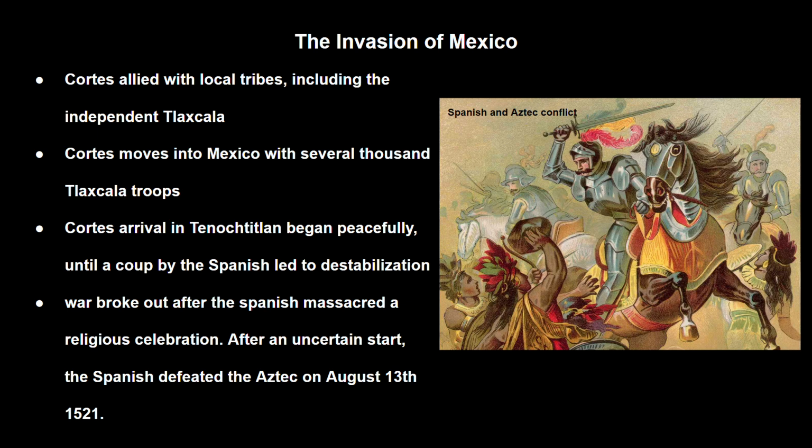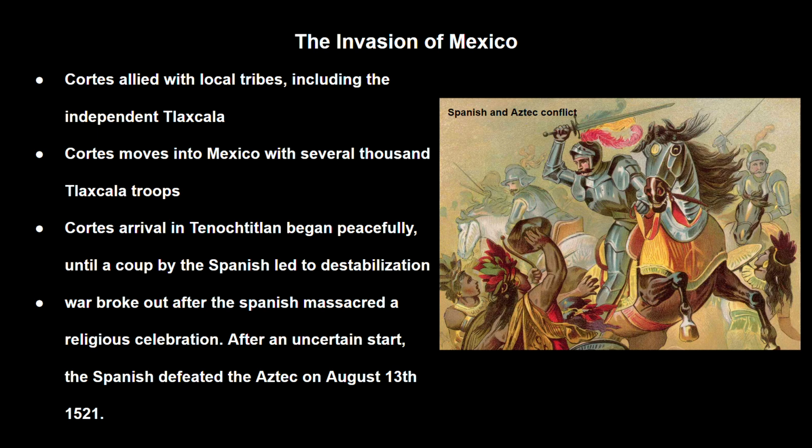It was only after a second Spanish expedition sent by one of Cortez's rivals, the current governor of Cuba, arrived on the Mexican coast, and Cortez took the majority of his forces to go and expel them, that the commander in Cortez's stead who stayed in Tenochtitlan, Pedro de Alvarado, authorized a massacre of Aztecs participating in a religious festival. That was the last straw, and all-out war between the Spanish and the Aztec broke out. And at first, the Spanish were